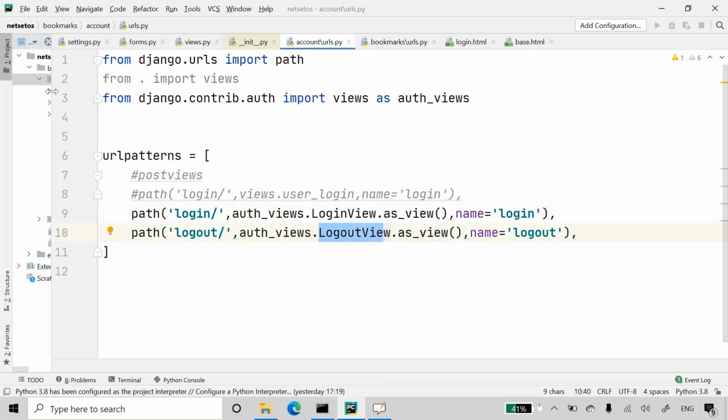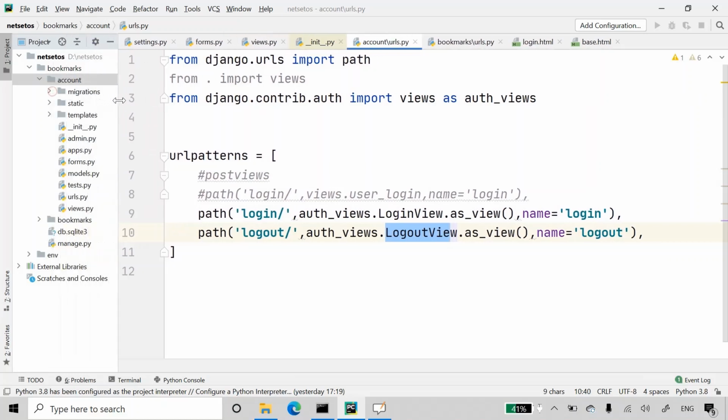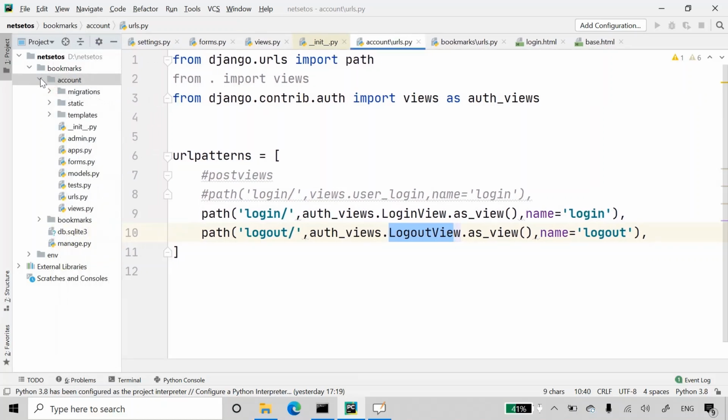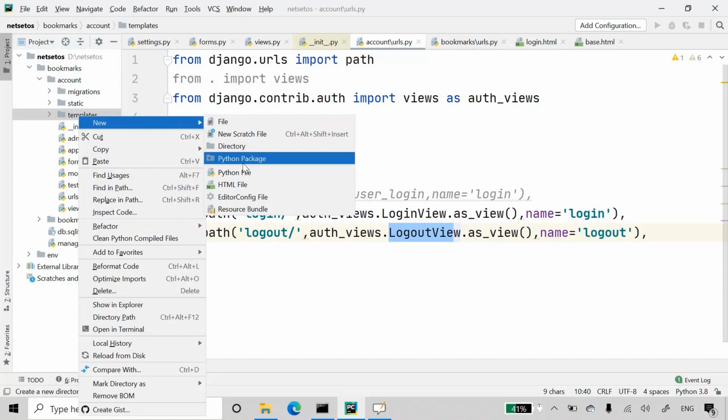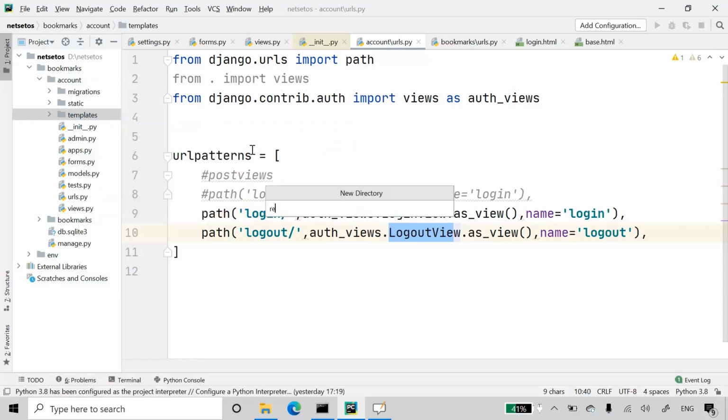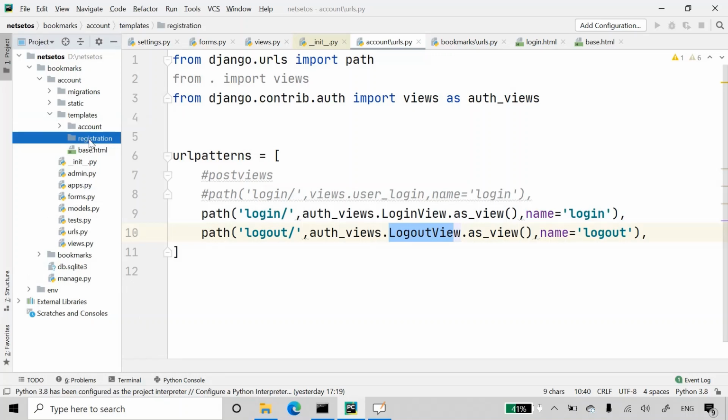Now for creating login and logout views, we will create a new directory inside accounts, in templates, with the name registration. This will be the default path where Django authentication views expect our authentication templates to be.